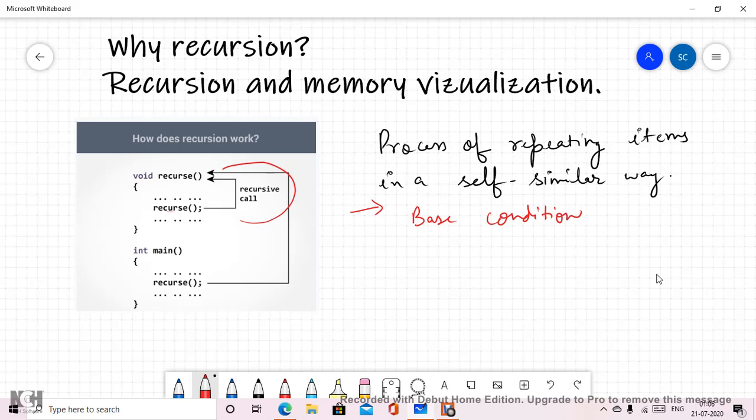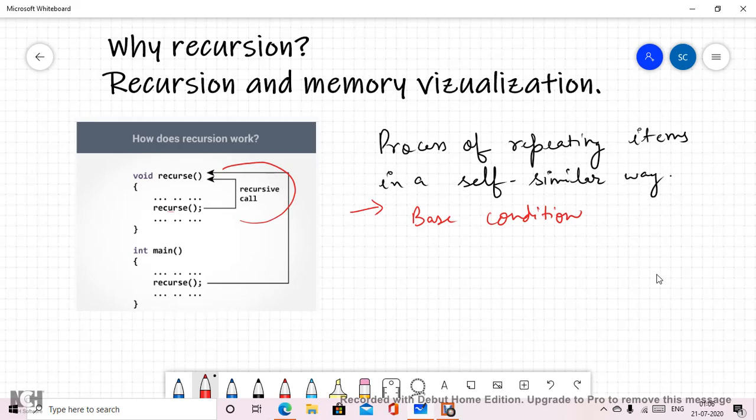In the previous video, we had a discussion about that. You can watch. So remember that not all functions written inside a function are called recursive, but a process of repeating the same or similar, self-similar way of function, which is moving in the direction of the base condition, is known as recursion.